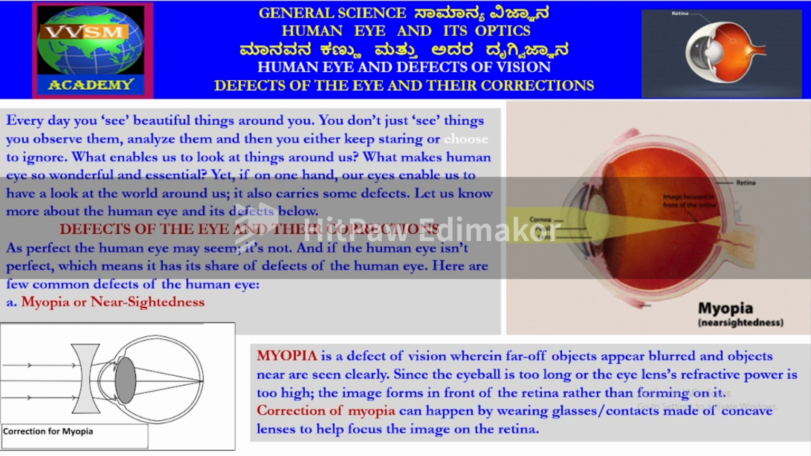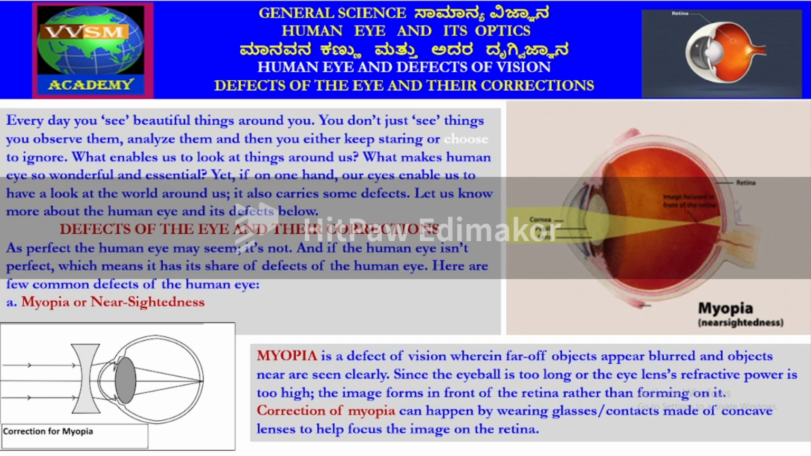My dear friends, the human body is given by God. Sometimes there are persons who have no eyes at all, blind people. And sometimes, though they are blessed with eyes, the vision does not appear in their eyes. Out of it, the defects are: myopia is a defect of vision wherein far off objects appear